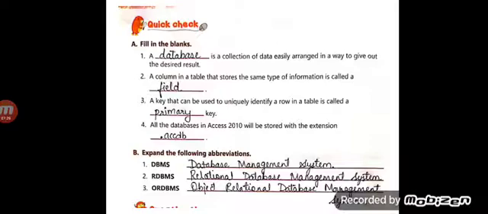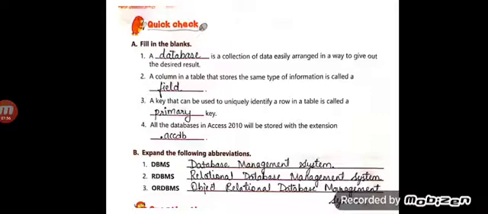Next, a column in a table that stores the same type of information is called a field. A key that can be used to uniquely identify a row in a table is called a primary key. All the databases in Access 2010 will be stored with the extension .accdb.